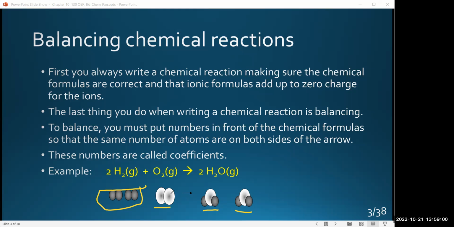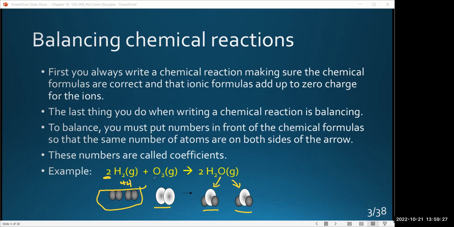There are 2 oxygen atoms on the reactant side, and there are 2 oxygen atoms on the product side in the form of water. It is still oxygen. They are still hydrogen. They're just simply in different forms. And so we put that coefficient here to tell us there are 2 hydrogens, okay? So it means we got 4 hydrogens total,